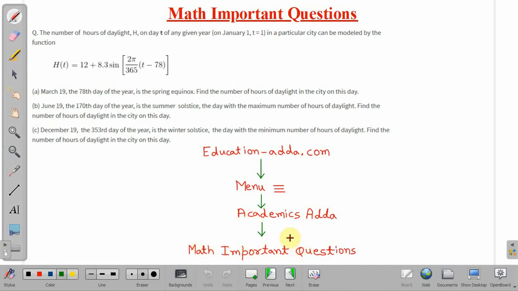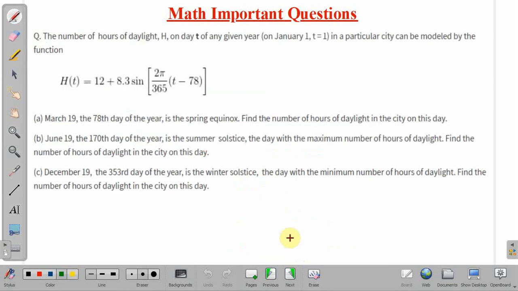Okay friends, so coming back to the question, what is given here? A function h(t) is given, which indicates the number of hours of daylight on day t of any year, where t equals the number of the day. Like for January 1, t equals 1. Similarly, for January 5, t equals 5. In a particular city, this relationship is valid for one particular city. And we have to find